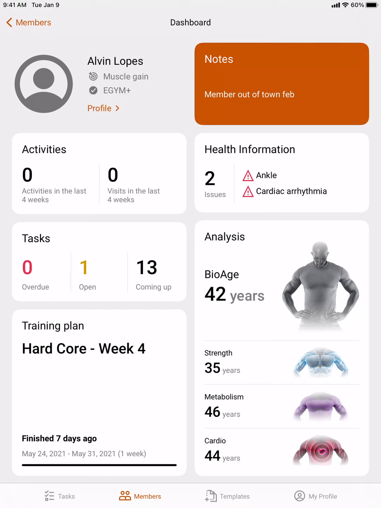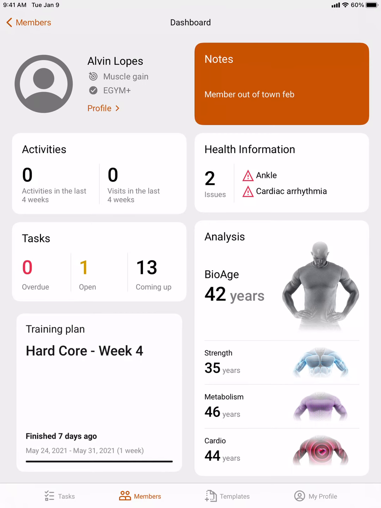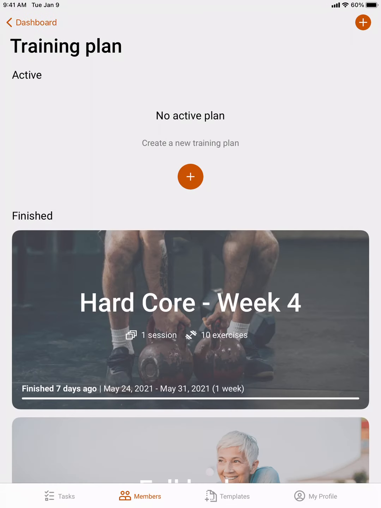Notice here on Alvin's program, it says Training Plan, Hardcore Week 4, but it says it finished 7 days ago. So he does not currently have an active plan, so that's something that we want to go ahead and create. So we can simply tap on that tile, pull up the training plan page, and now what the trainer will